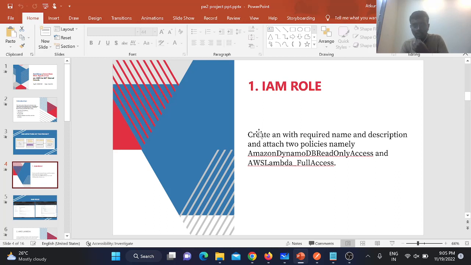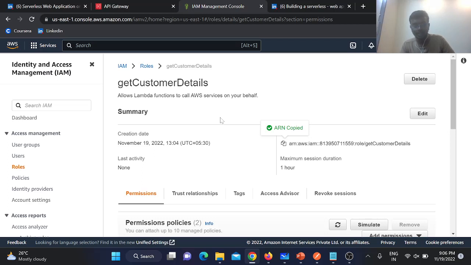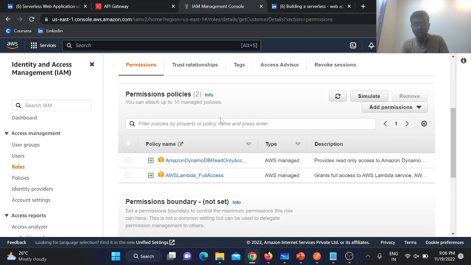Obviously, the first step is to create the IAM role. We only need certain permissions for my project. The two policies that are standardly required for my project are DynamoDB read-only access and Lambda full access. Here, I do not require any DynamoDB full access, so I have kept only read-only access. The IAM role that I have created is get customer details. So I am dealing with customer details here, so I have given a relevant name. You can give any name for your project IAM role. As I discussed before, DynamoDB read-only access and Lambda full access are the required permission policies that I have attached